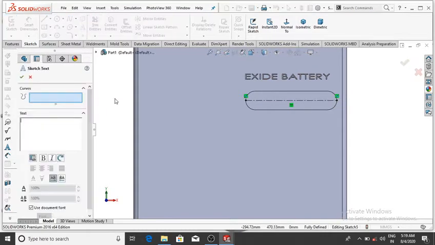So select the text and now select this and make it center alignment and make it bold.